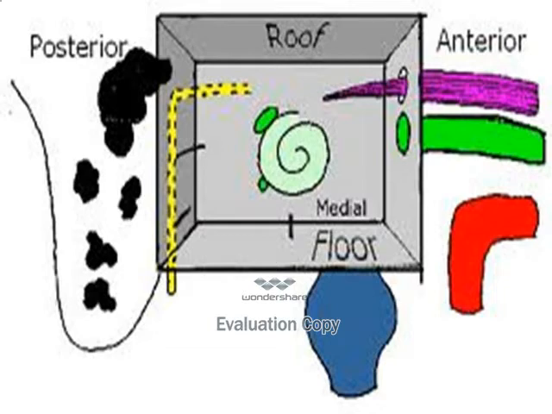The floor is to the internal jugular vein, where we can identify the superior bulb of the internal jugular vein. On the medial wall, we can see the turns of the cochlea, which form an elevation called the promontory. Close to the promontory, there are two windows, an oval window and a round window.